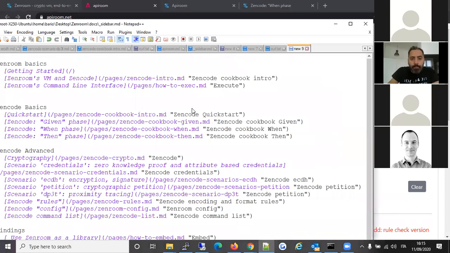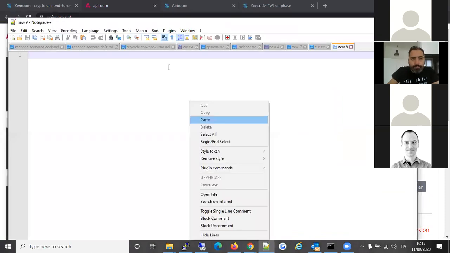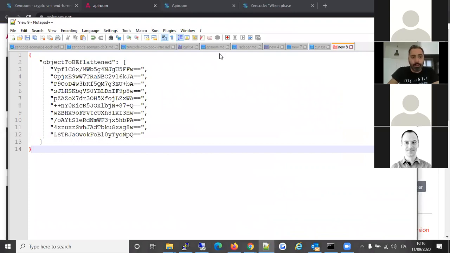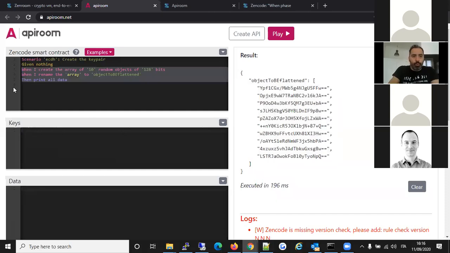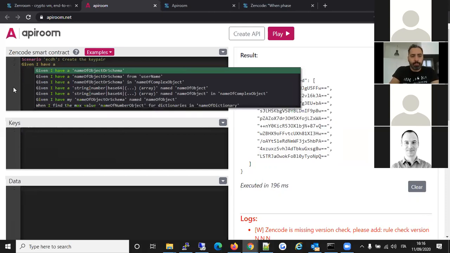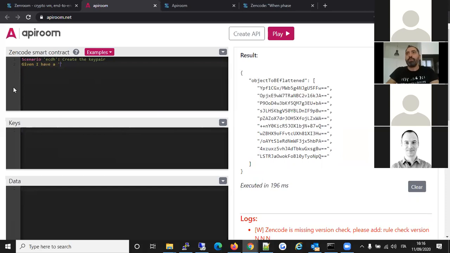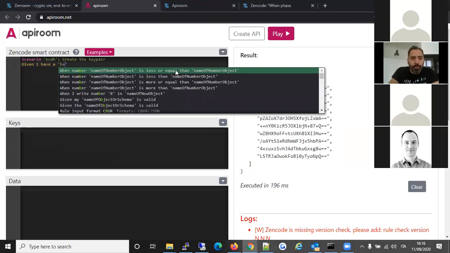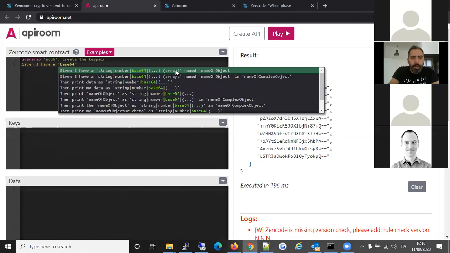I'm gonna keep it here, right? And I'm gonna use it in my next script, which will start with, given I have a... what is this? This is a base 64 array. Yes. Given I have a base 64 array